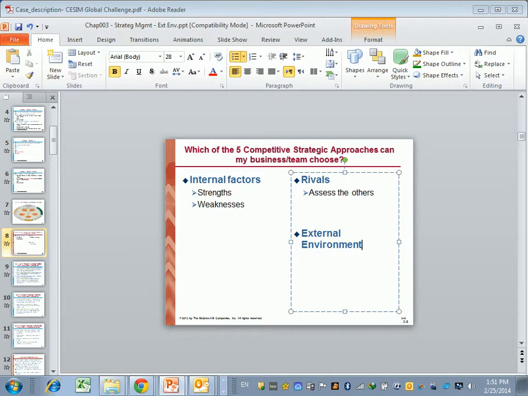And then the last part, which for some people is probably the most important, is the external environment. If you're trying to go into business, you choose the environments you're going to go into. You choose your strategic market area, and you see what the factors are. There may be rivals there already. Anyways, those are things that you should look for.